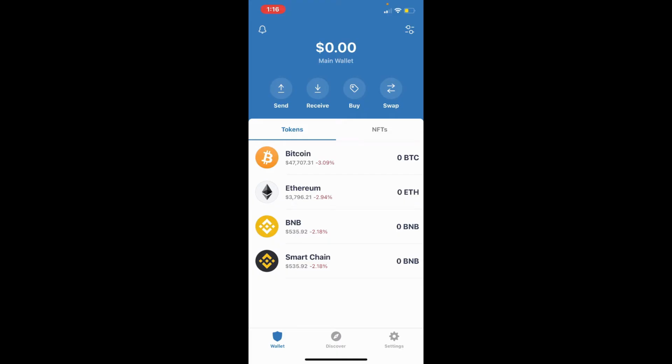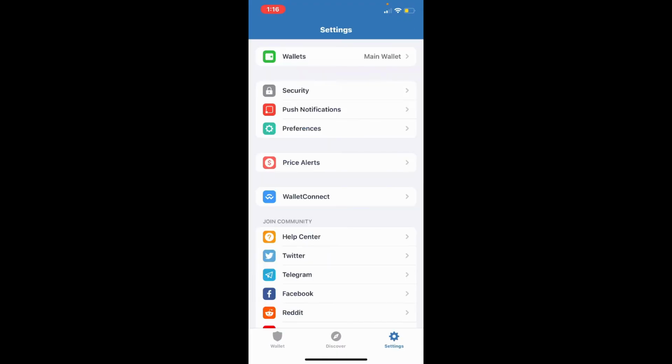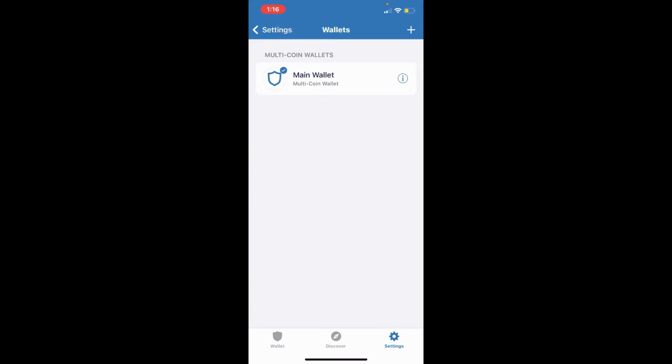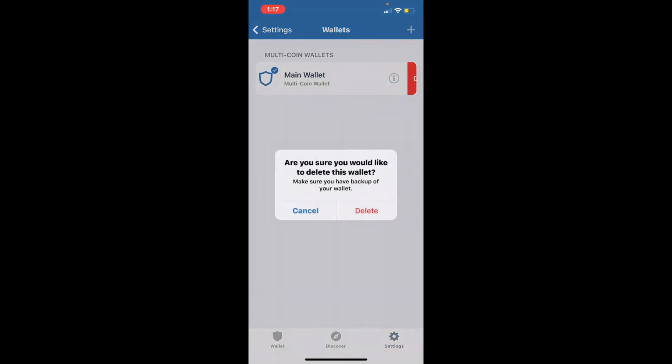Once you are done with it, from the home page of Trust Wallet, tap on the Settings button in the lower right-hand corner. From the Settings menu, tap Wallets. All of the wallets that you have for your Trust Wallet will be displayed on the screen. If you'd like to delete a wallet, simply swipe the wallet towards the left side in order to bring up the Delete button. Tap on Delete and confirm your selection by tapping on Delete from the pop-up,